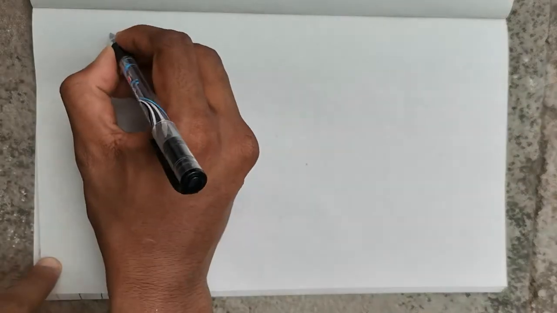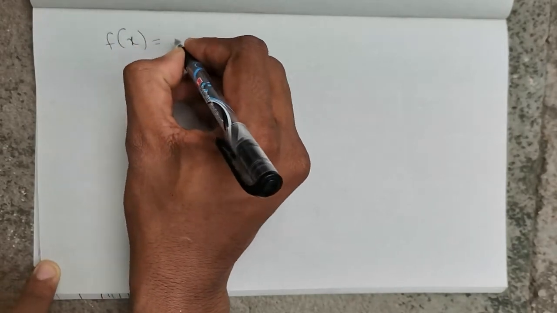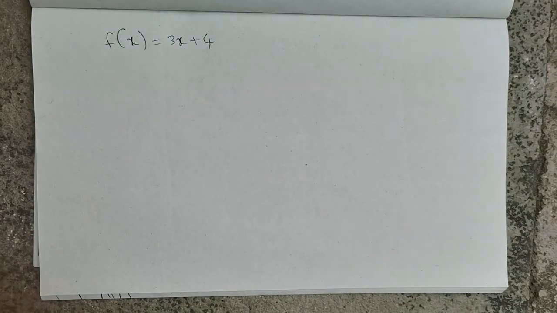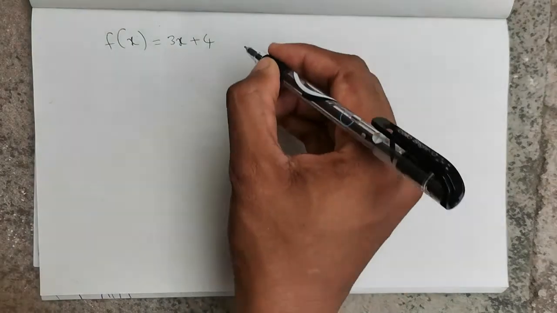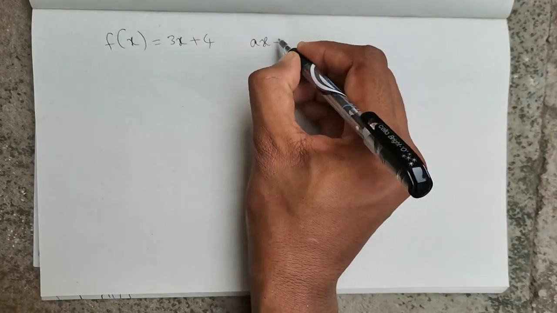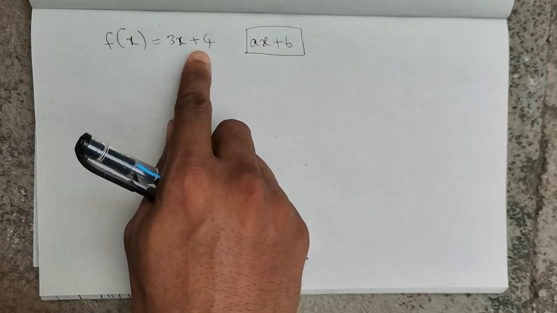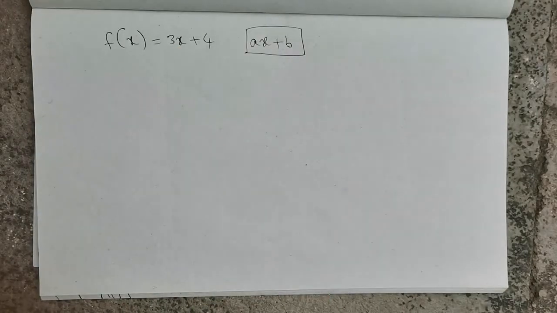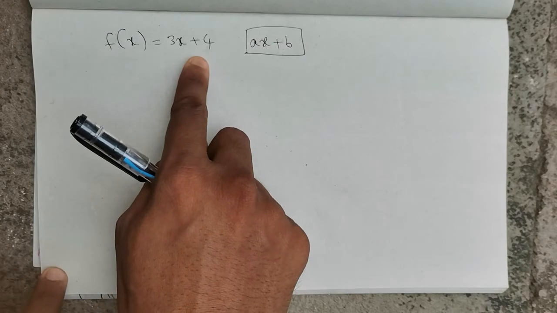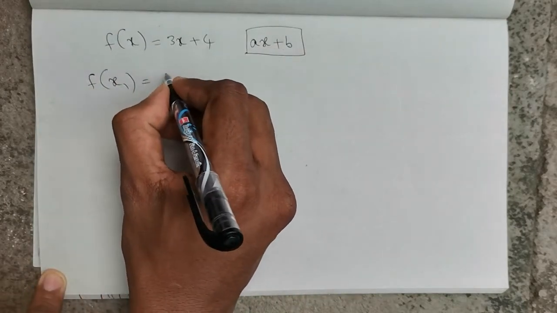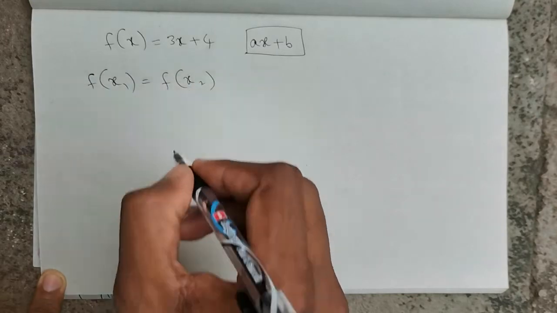Okay, let us take one more example for 1 function. Check whether f of x is equal to 3x plus 4 is 1 or not. To check these kinds of problems which are in the form of ax plus b, otherwise I can say simply linear type of functions, we need to make f of x1 equal to f of